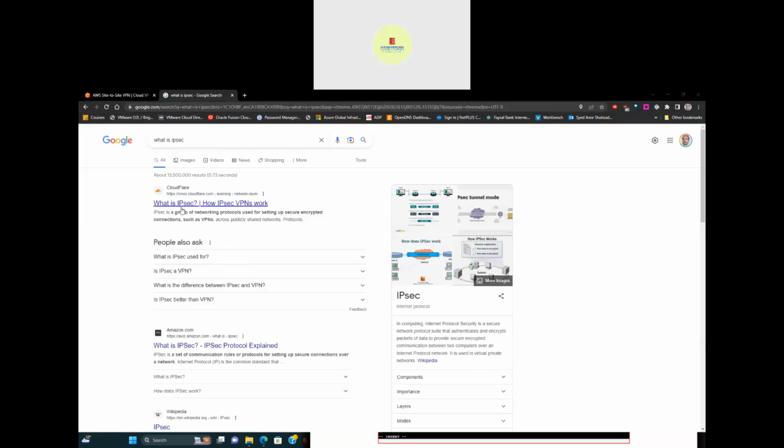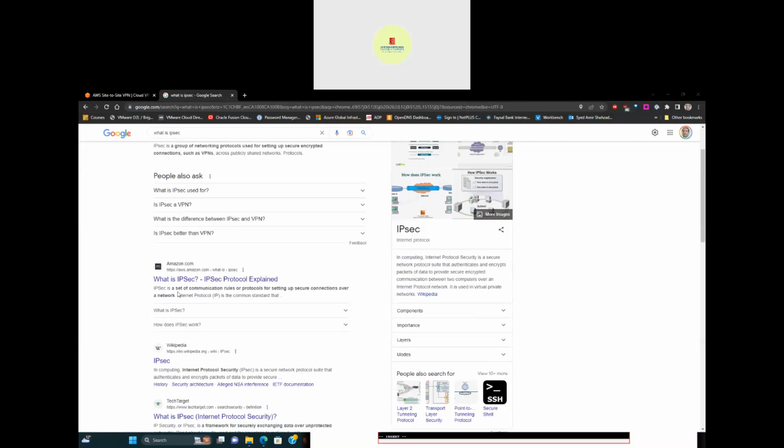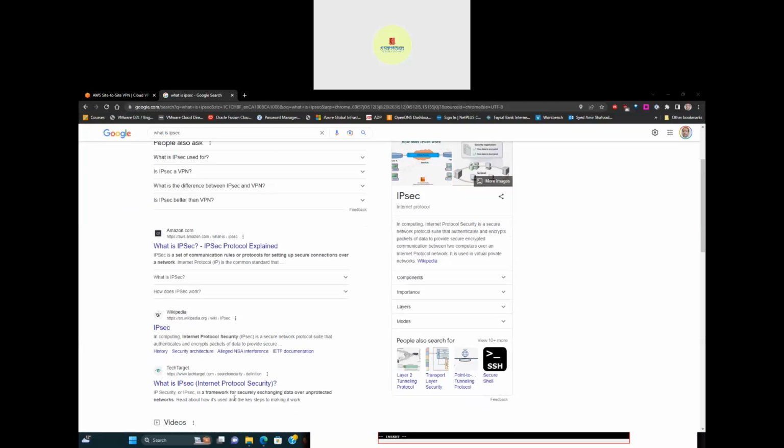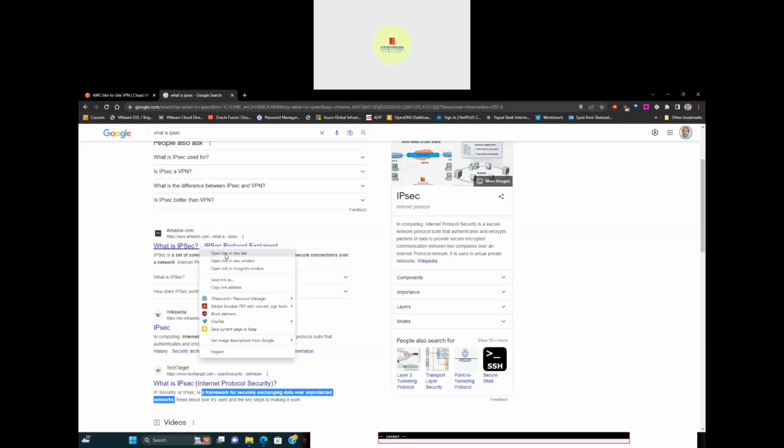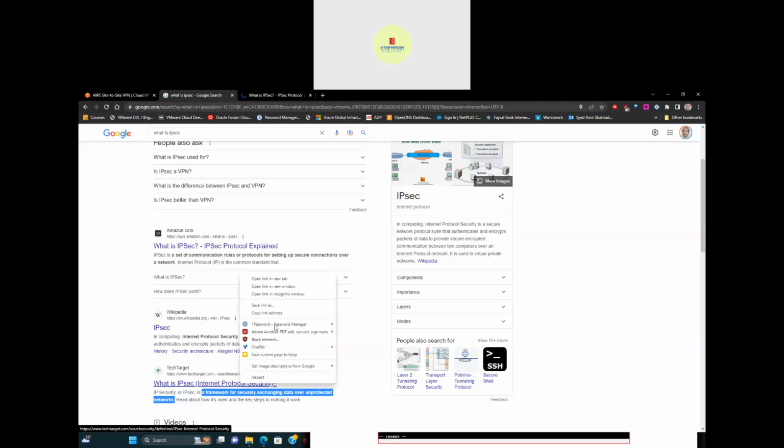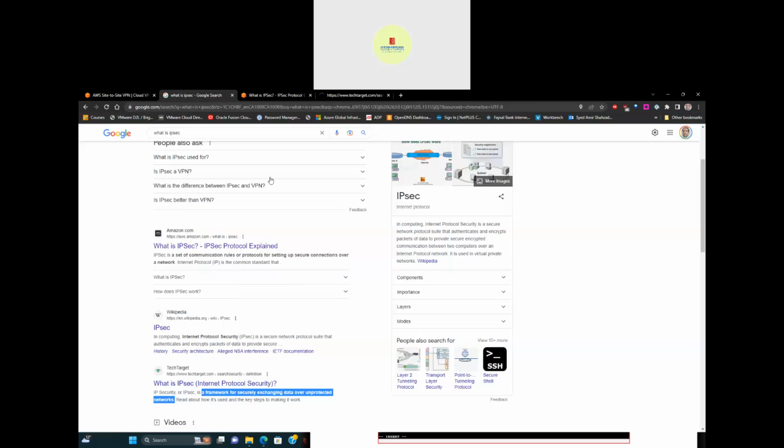Okay. Now, what is IPsec? How do IPsec VPNs work? About IPsec, there are some important things: how does it see the connection and secure the connection? It's a framework of security for exchanging data over unprotected networks. Now, if I just open some of the links here, very to the point things that I wanted to discuss here are